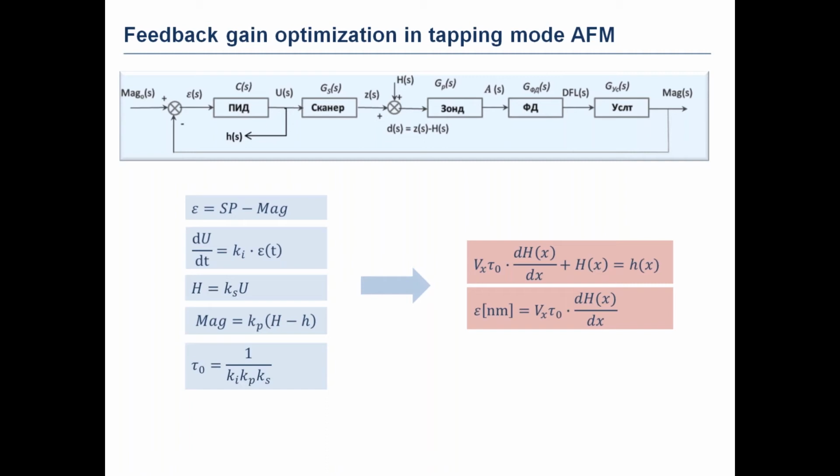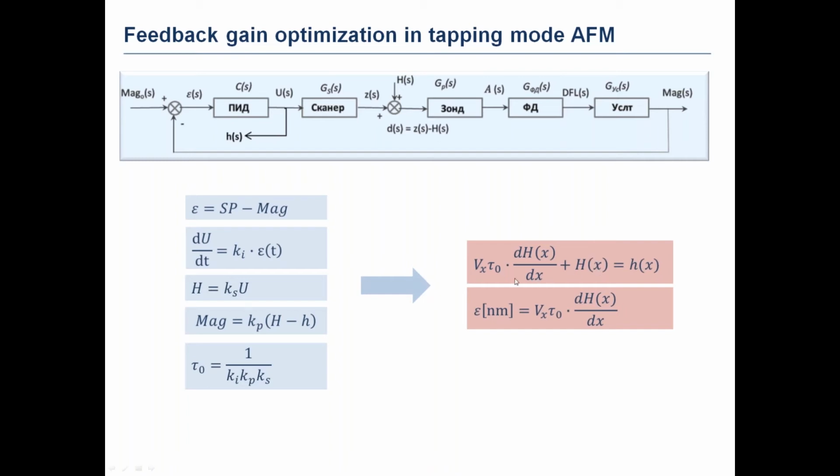the fact that the error signal that the feedback system works with is the difference between the set point and the magnitude, the value that is proportional to the amplitude of the cantilever oscillations. The integral feedback works in this way, and the signal that we recognize then as the topography of the sample is proportional to the output signal of the feedback. So this set of equations gives us two simple equations that show us that the real topography of the sample, and these two equations are quite obvious, but the real topography of the sample is actually equal to